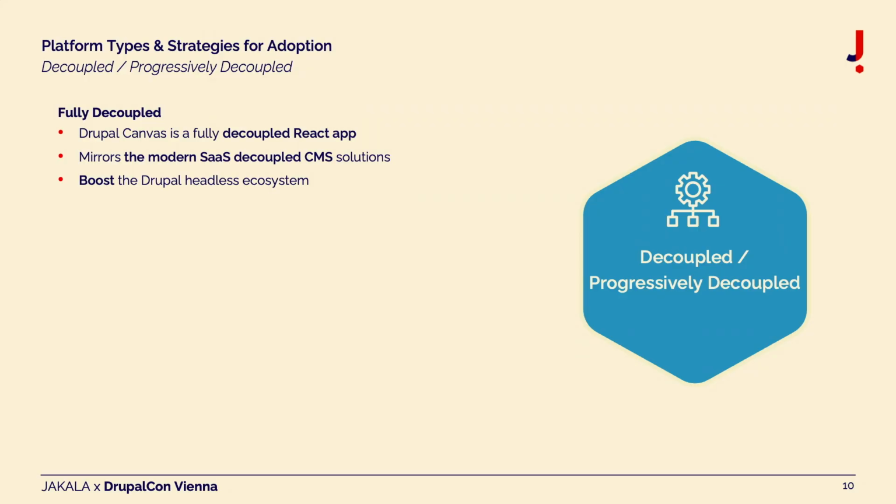But what is very interesting is that it provides a fundamental concept, an example of how to build a fully decoupled React app, which works in a great way, not just consuming content, but also creating content within Drupal CMS, right? And think about all the SaaS CMS solutions out there. In fact, they have a very similar concept. They don't have an interface, but you can build apps around them, which you can use to build page builders or to have a different editorial experience.